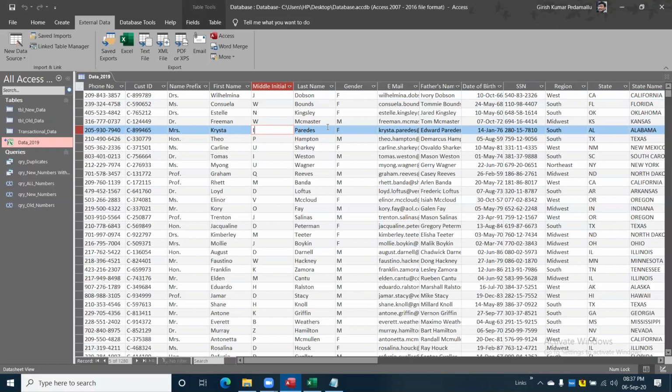On top of this, you can write your queries and do whatever you want. But the actual data is present in that Excel, not in Access. In the earlier example, we imported data. Here we are just creating a connection.